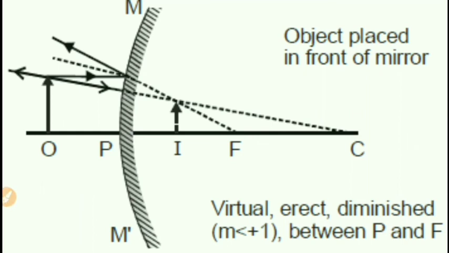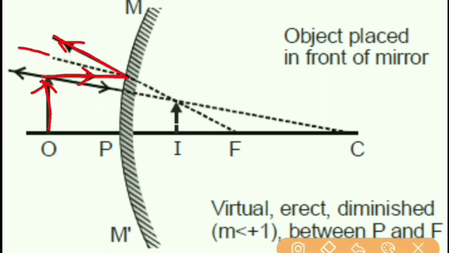So here we have kept this object near the pole, we can say it is not at infinity, or in another way we can say that the object is between infinity and pole. This is infinity and this is pole, so it is between infinity and pole. So now in that case what will happen? One ray we have considered parallel. You can see here this is the parallel ray. After incidence, it will move in this direction according to the law of reflection.